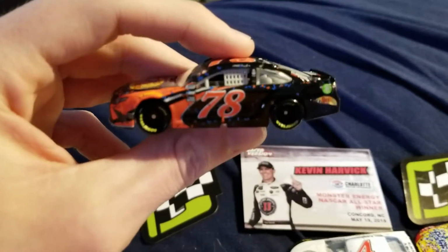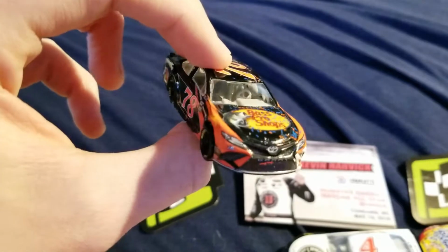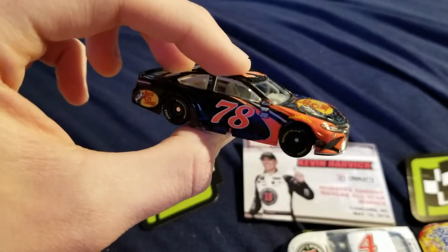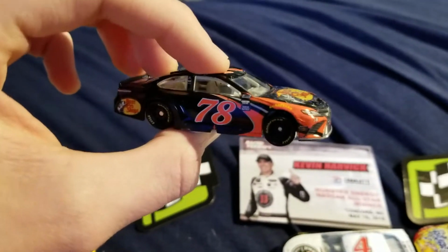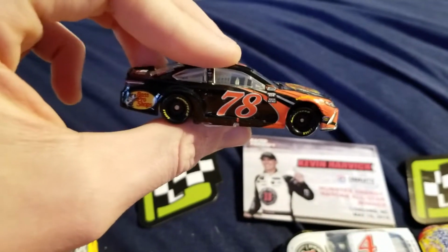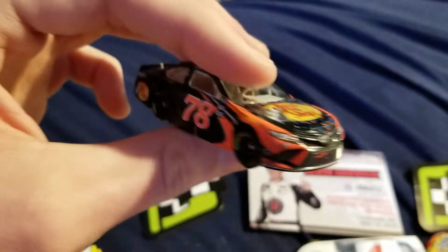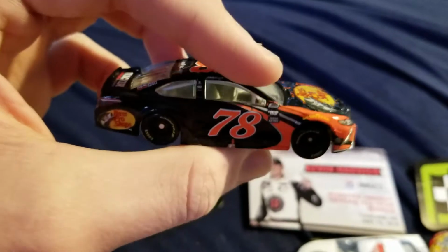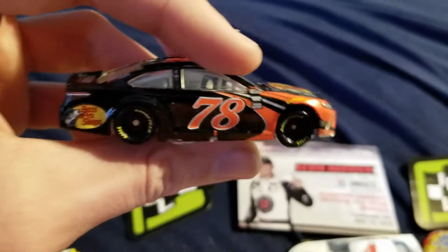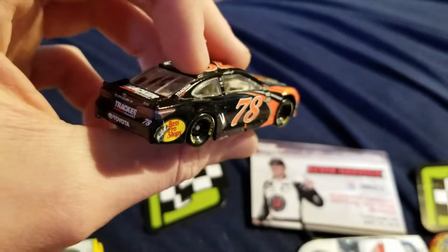So here is the Truex car. As you can see, there is confetti on it. I feel like the one side where there's half of Bass Pro Shops, I really feel like that's a mistake. Because realistically, there was no damage on this car. Very little, if any. There's a tiny bit of tape on the grill, too. That's cool. There's nothing to do with the damage, by the way. I'm just mentioning that. And, of course, the car looks weird when it's supposed to have 5-hour Energy on it